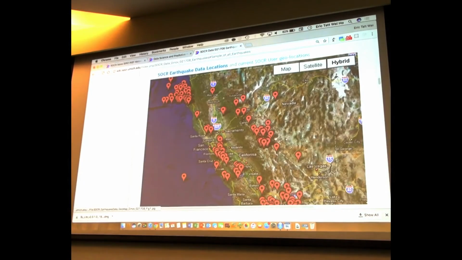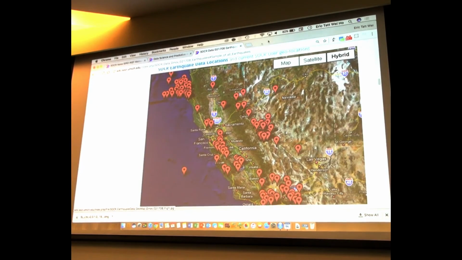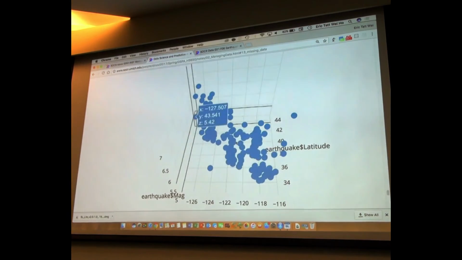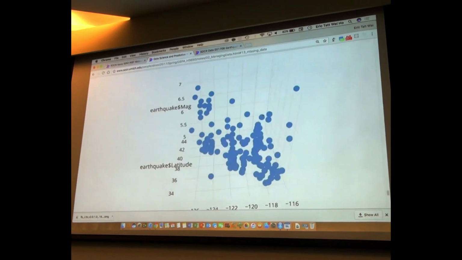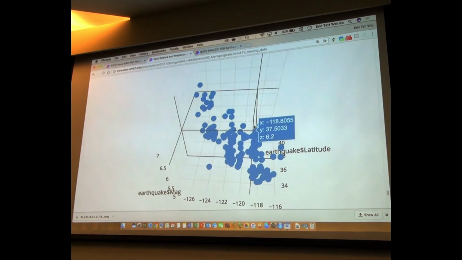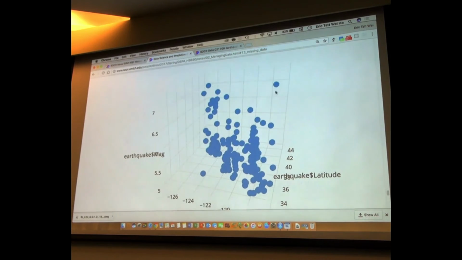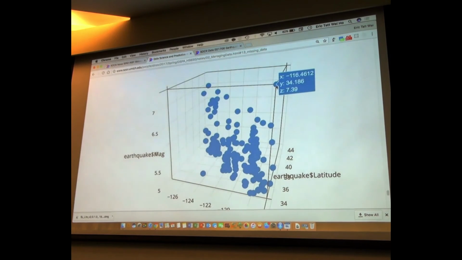Look at the resemblance of the hotspots here and here, and what we have over here, right? And then once you do a little bit of this, and now the magnitude, the beauty here is that the magnitude is in this azimuthal direction. So you see magnitude 7, I can pinpoint exactly where they occurred. See? 7.39, it occurred at,